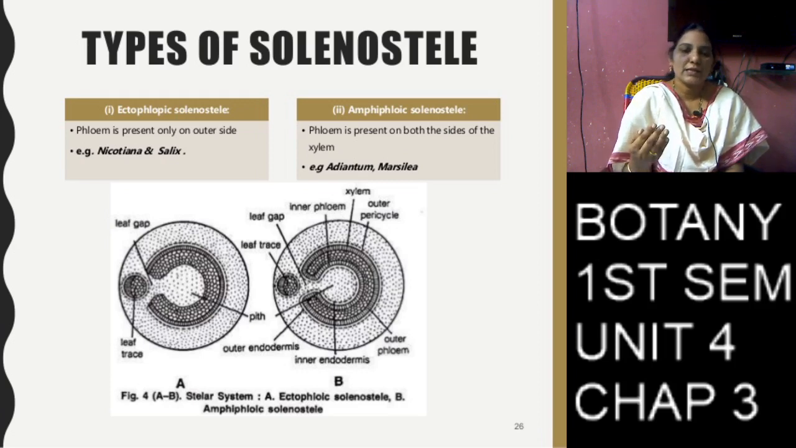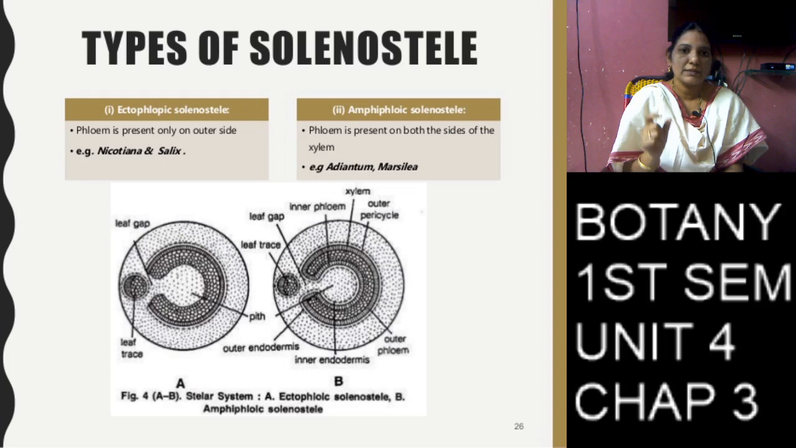So the pericycle is also present on both sides, outer pericycle and inner pericycle. So the endodermis is also present on both sides, outer side and inner side. So this total: medulla, xylem, outer phloem and inner phloem, outer pericycle and inner pericycle, outer endodermis and inner endodermis. So this total part has some gap,